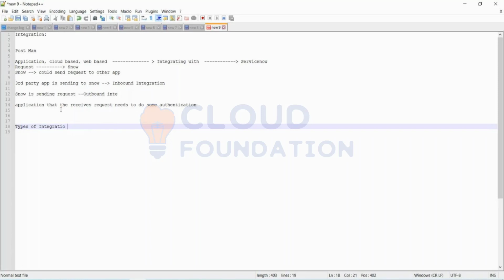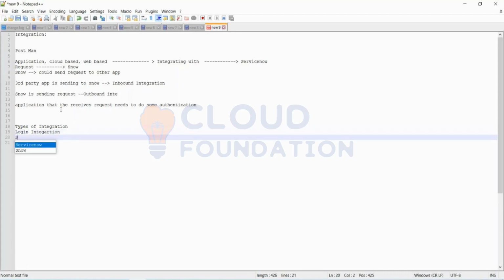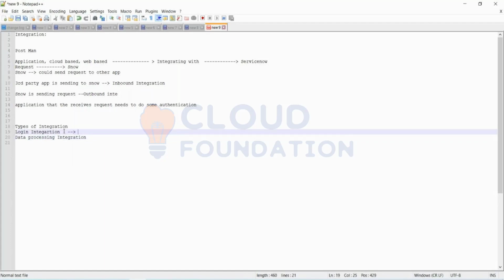One could be login integration, and the other could be data processing integration. Now, in case of login integration, if you remember, I told you about SSO.